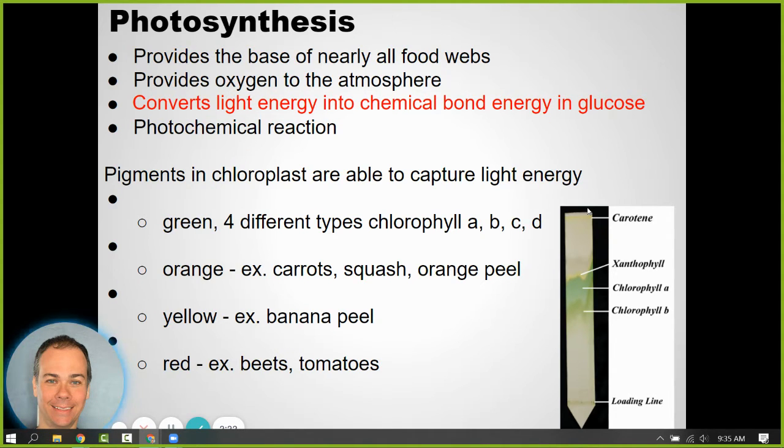Everything relies on those plants being able to absorb the sun's energy and then use it to capture that energy in the form of glucose. It also releases oxygen. One of the end products of photosynthesis is oxygen. So it helps provide the oxygen to our atmosphere, and helps absorb some of the carbon dioxide from the atmosphere, which